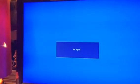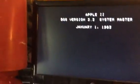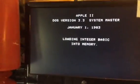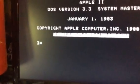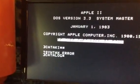All right, here we go. All you get now is the title, and this says be sure caps lock is down. So I'm going to type catalog. And the one thing this doesn't have that all my discs used to have, oh god, well, that's not going to work. I typed it wrong because I still can't see what I'm typing. All right, we type catalog,